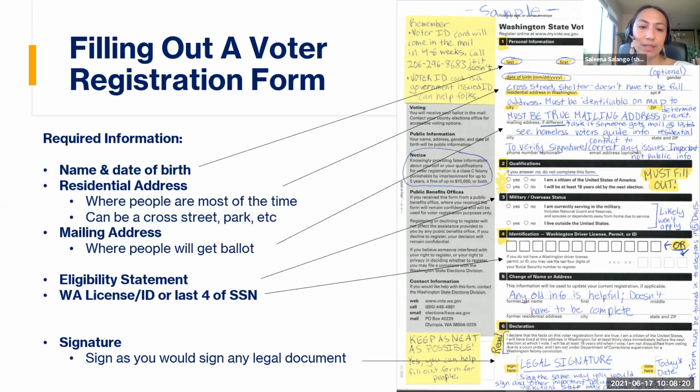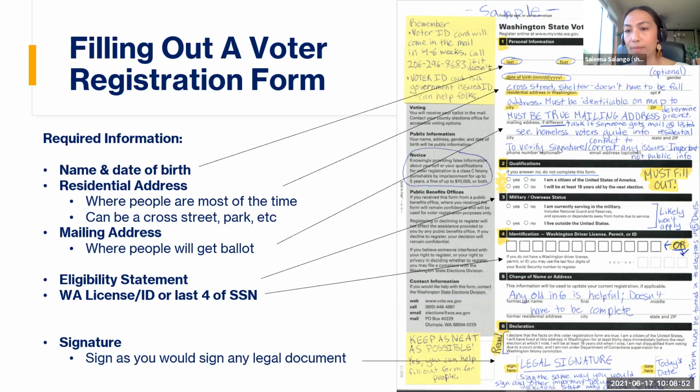And then the mailing address, this is really important. Of course, they don't have to be the same. This is where people will get mailed the ballot. So I always recommend that if there's a family member or a friend that they are on good terms with, who can receive that ballot, you can put that down. Also, many different community mail programs are where a lot of people get some of their mail, as well as places like shelters or food banks or other community mail sites.